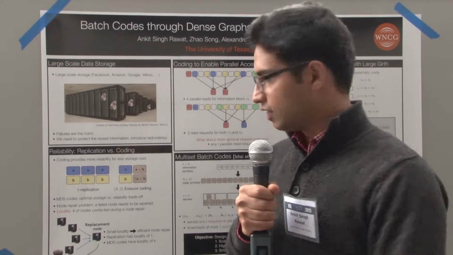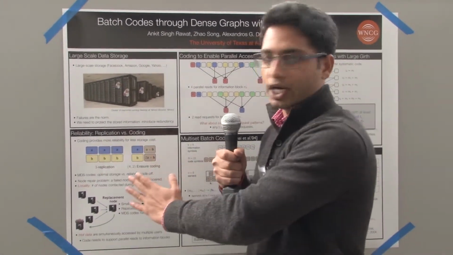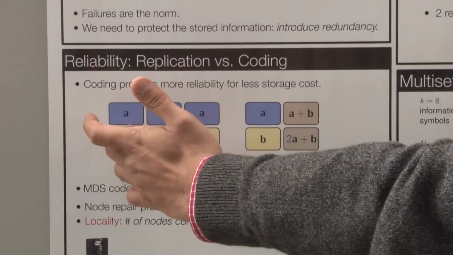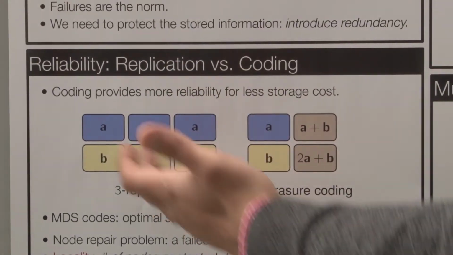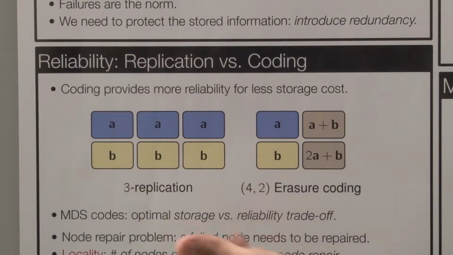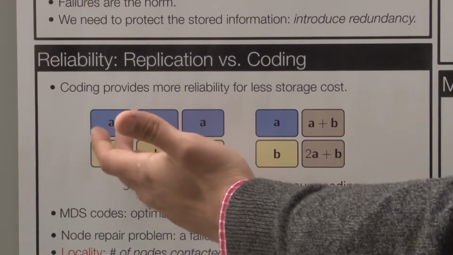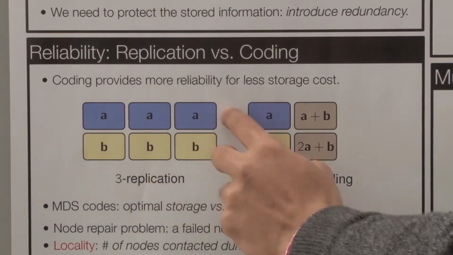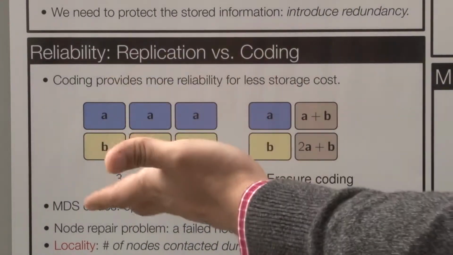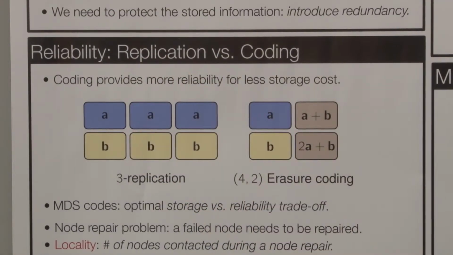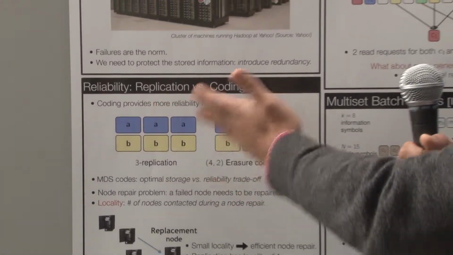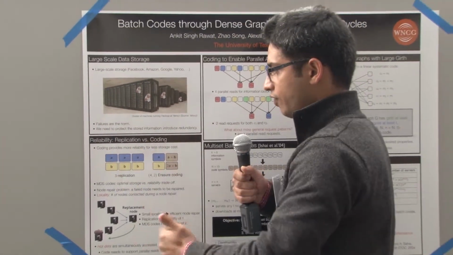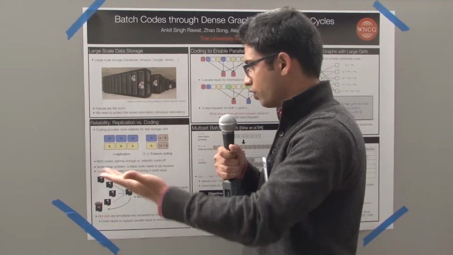So one easy way to achieve this property is to just replicate your data. That means, for example, here you have two information symbols A and B, and you just store A and B at 3 different locations. So what this allows you to do is access either A or B simultaneously by 3 users. For example, if you have 3 users who are interested in A, they can go to these 3 different storage nodes and get A simultaneously. But the problem with this replication solution is that your rate decays as you increase the number of replicas. And if you want to support a large number of requests, then your rate actually vanishes as 1/T, where T is the number of requests you want to support.